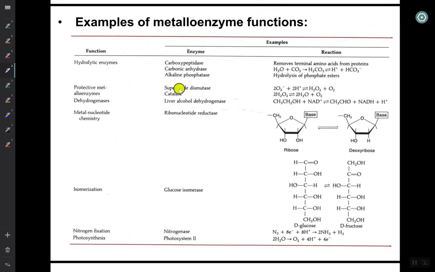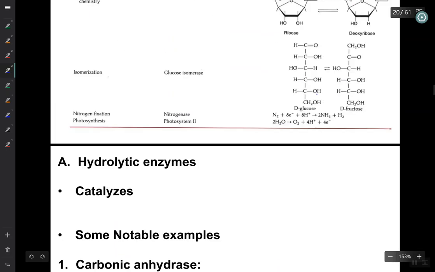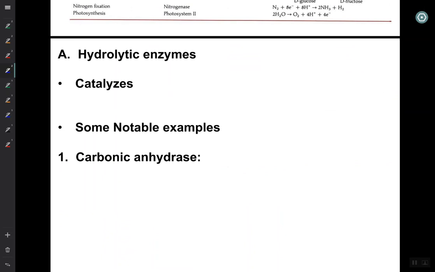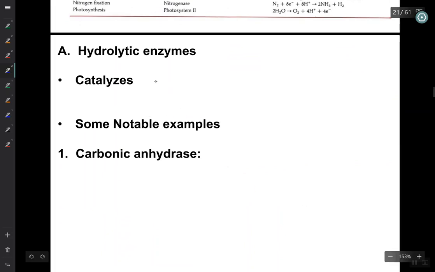So we can classify them based on what they do. Some do hydrolysis chemistry, some are involved in nucleotide transformation, isomerization, photosynthesis, nitrogen fixation. These are some specific examples, and some of the reactions that they catalyze. So we're going to go through a few different examples, to give you an idea of the flavor of enzymes that are possible. So in the hydrolytic enzyme category, these enzymes catalyze the addition